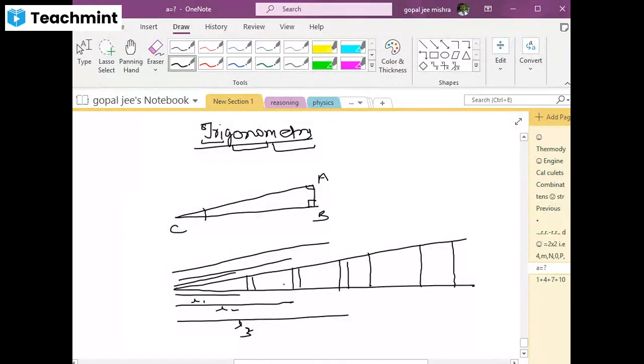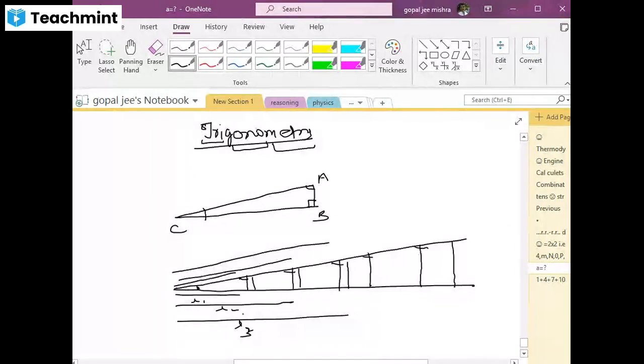Now which criterion is defining that proportionality? Are you observing that this inclination is remaining constant? This inclination is equal everywhere, because all the perpendiculars are drawn to the same line. These perpendiculars are parallel, and the line is acting like a transversal, so these corresponding angles are equal. It means these angles are remaining constant, and there is a proportionality between the sides in the case of a right angle triangle.